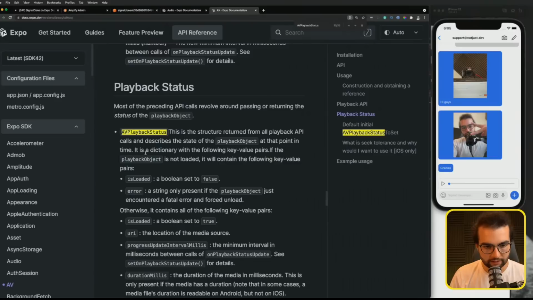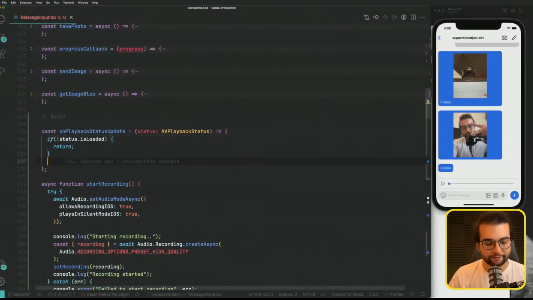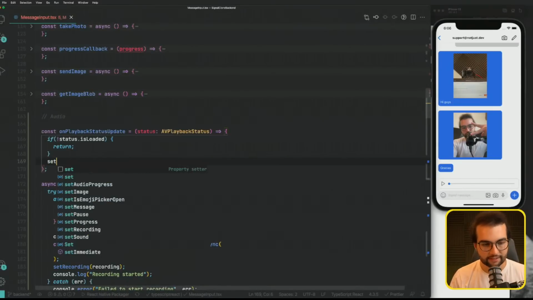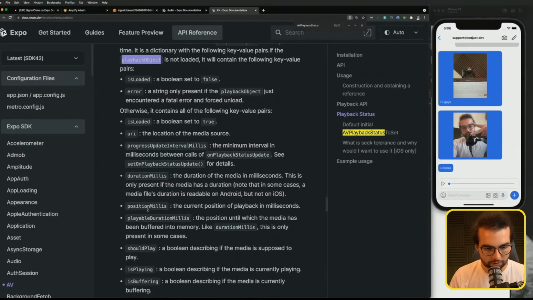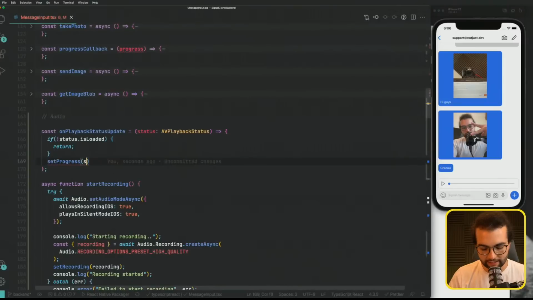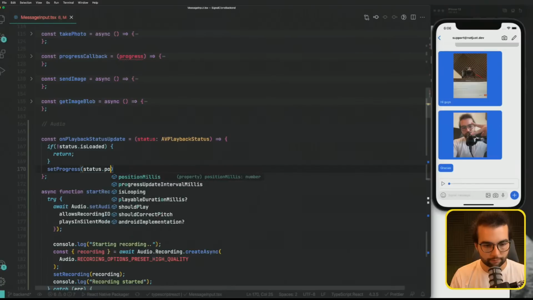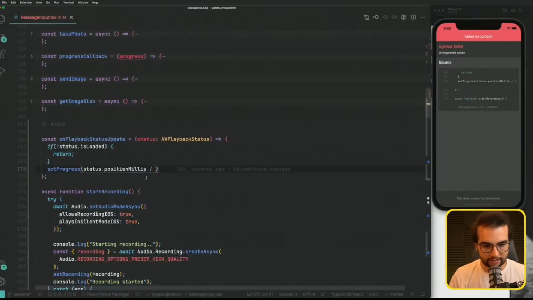Okay, at that point, it is a dictionary with the following key pairs. If a playback object is not loaded, it will contain the following key value pairs. Otherwise it will contain everything from here. So we can say set progress to the status position in milliseconds, status.positionMillis divided by status.durationMillis,